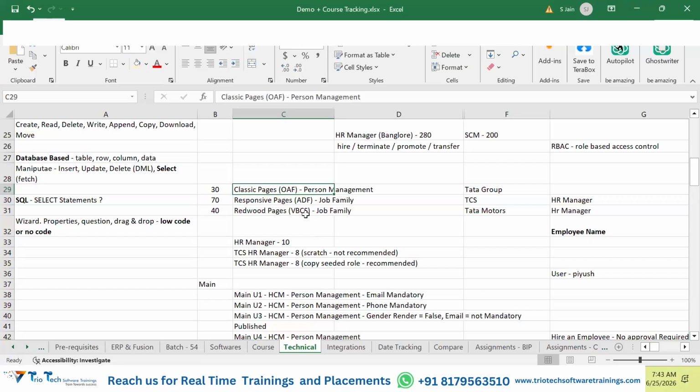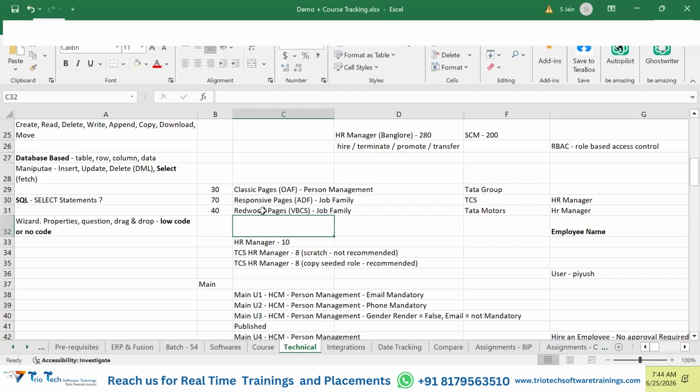So guys, the initial days when Oracle Fusion came into the picture, the screens, the UI that were designed, those pages are called classic pages. Clear? And they were built by the technology called OAF. Almost 5, 6 years back, they transformed and improvised, a new technology came. Oracle came up with the new technology, ADF. Using ADF, they redesigned and restructured the pages, and they started calling those pages the responsive pages.